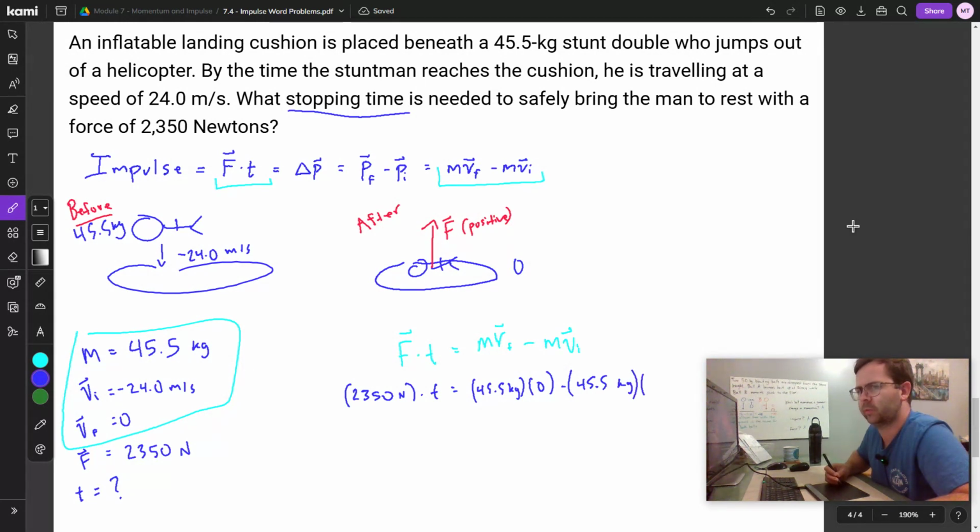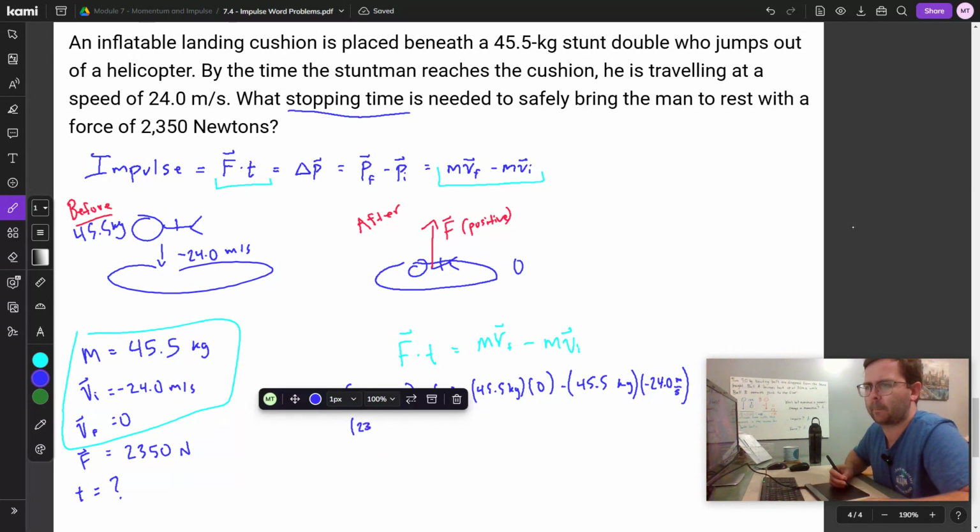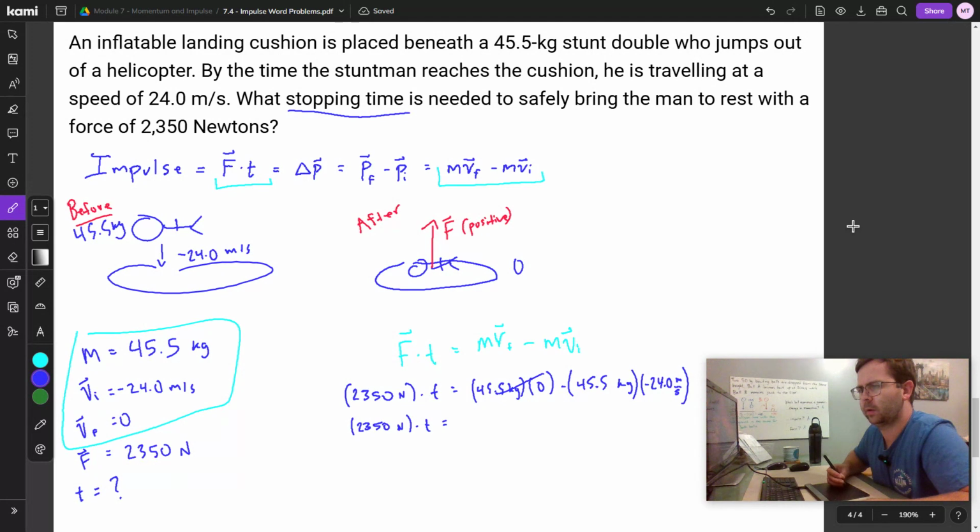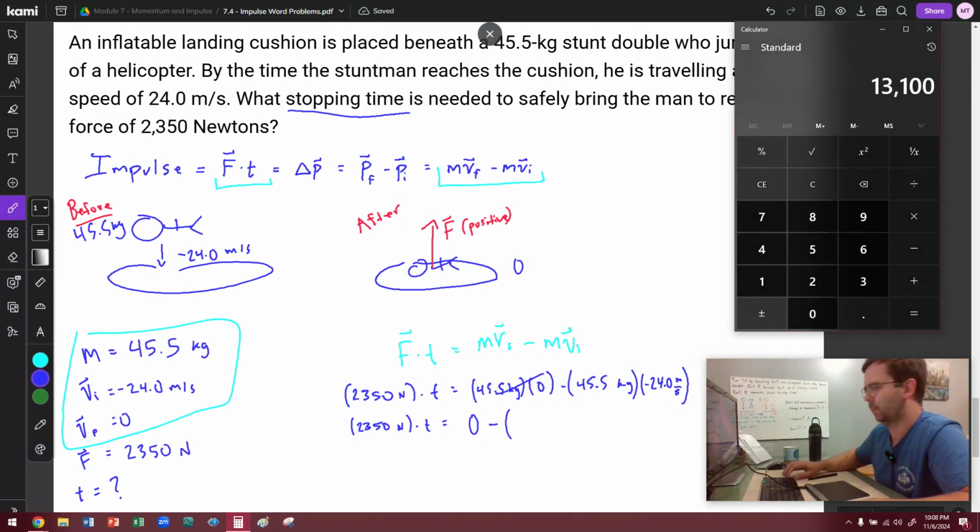And the initial velocity is negative 24.0 meters per second. All right, so we're going to simplify this a little bit. So this goes to zero right here, zero minus, and then 45.5 times negative 24